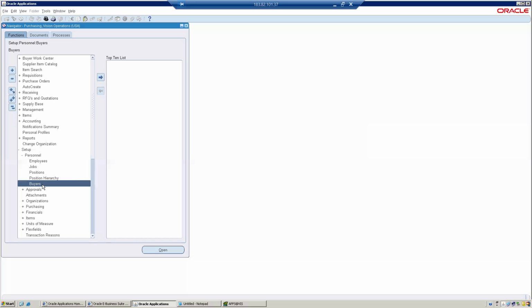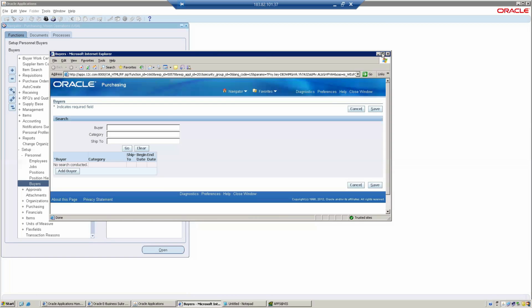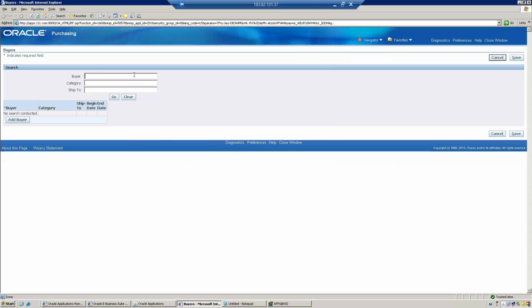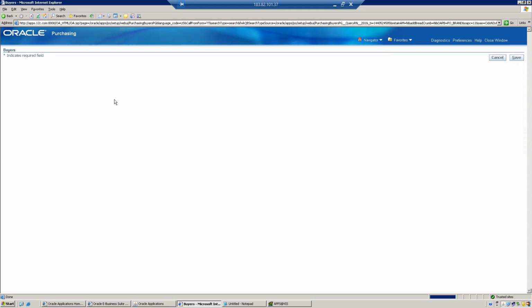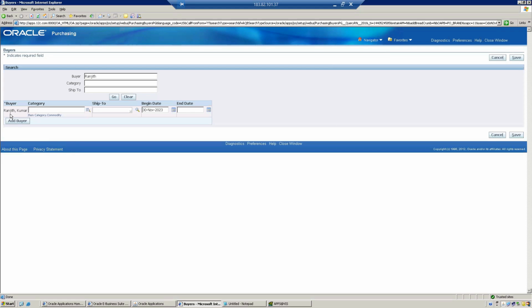When we open the buyer's page, I want to search whether my employee is a buyer or not. You can enter your buyer name, either fully or partially. Click the go button. You'll find it. Mr. Ranjit Kumar is a buyer. This is how we can make an employee a buyer and how we can search the buyer details over here